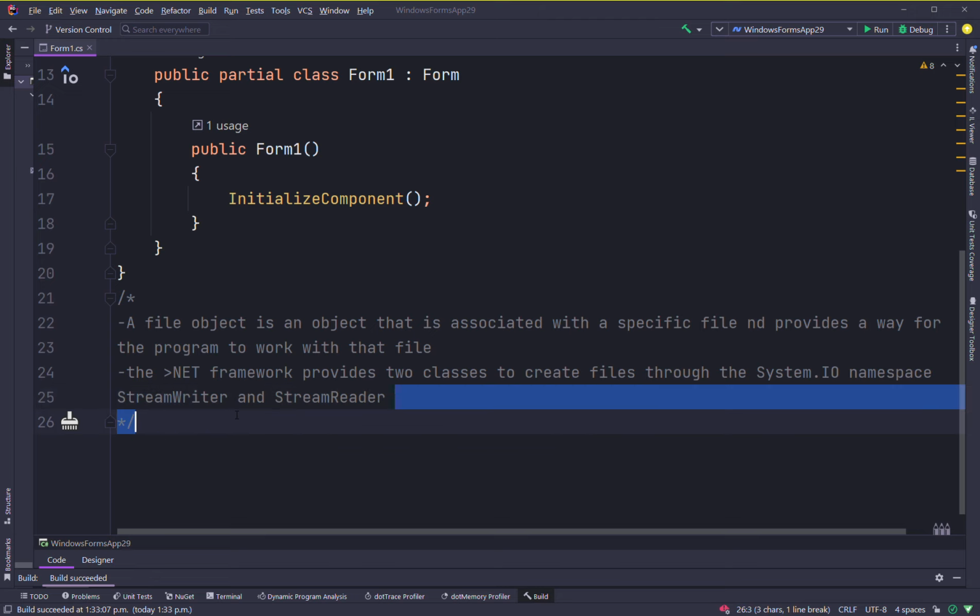So here actually I'll just divide this into two here, so StreamWriter. StreamWriter is for writing data to a text file. Write means you're actually writing into the file. Reading means you're basically just getting output. So you can think of writing as input